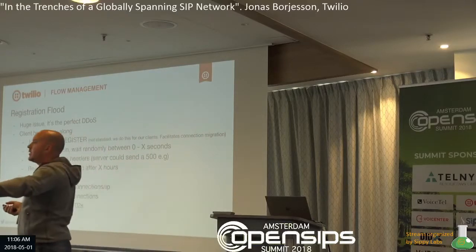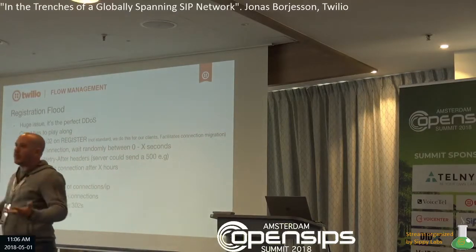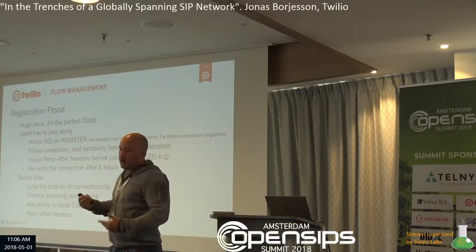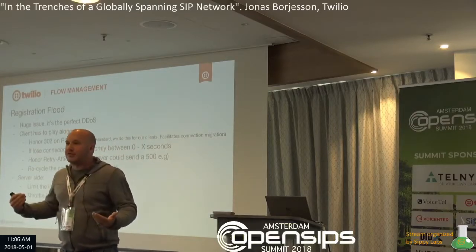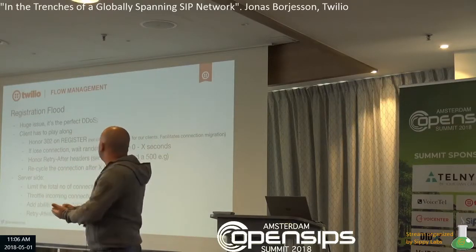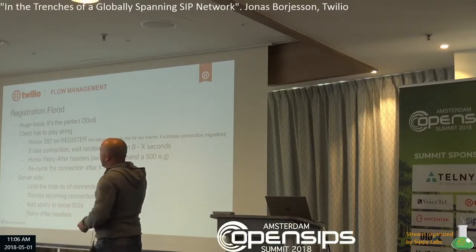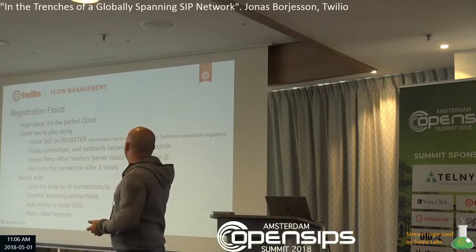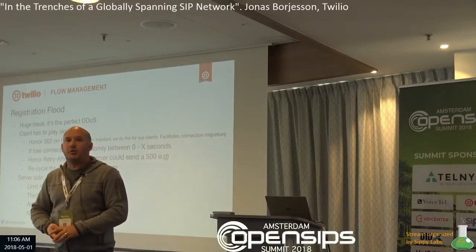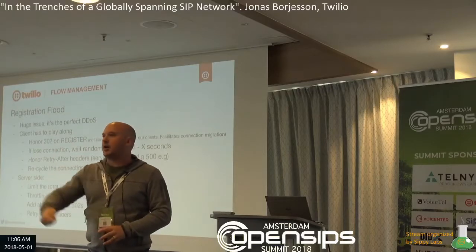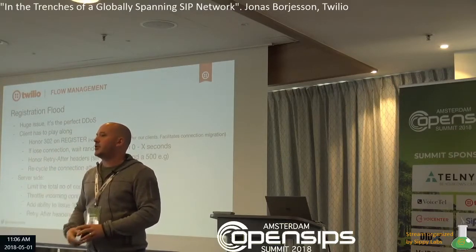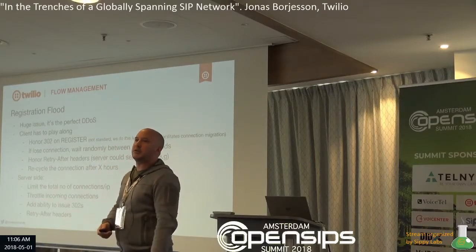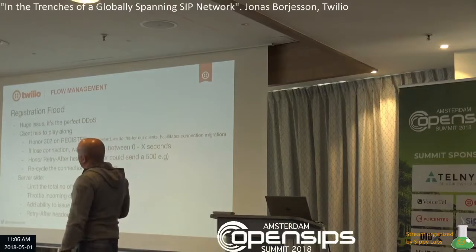On our public-facing SIP endpoints, we obviously have to play along with what the spec says, but at the end of the day, the client has to play along, implement backoffs if you can't actually install the connection, server-side, throttle, all of these things that are fairly standard. One thing that we do that's not standard, we move TLS connections around when we deploy. So we ask the client by sending them a 302, next time that we register, can you move? So I need this machine. Some of those things are not standard, but we can do that because we own the client.